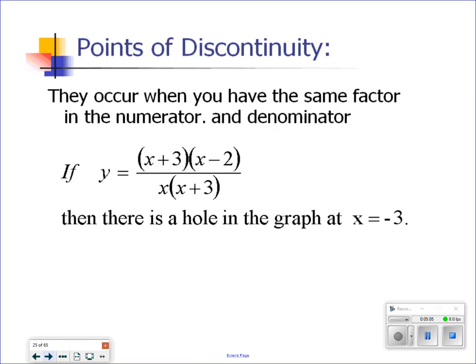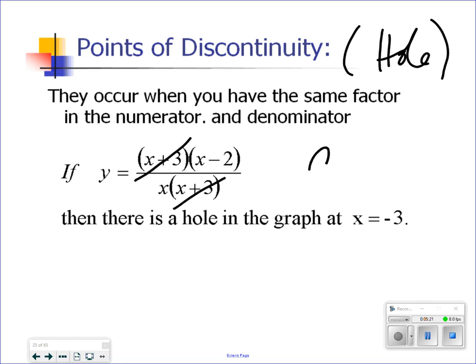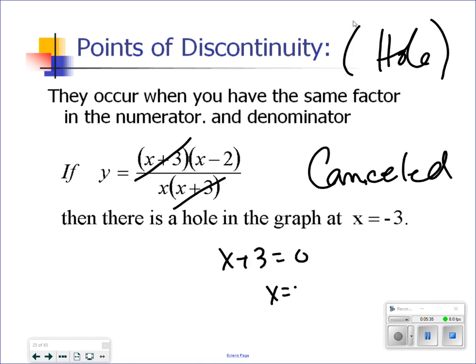Here we go. Let's do the next one, sorry. Point of discontinuity, which I will refer to the rest of the time as a hole. Anytime there's a situation in which the top and the bottom cancel, then whatever value makes it 0, whatever you canceled, there becomes a hole in the